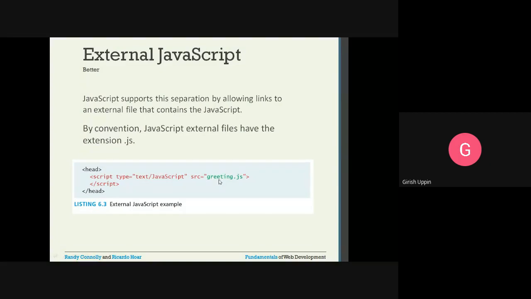So you already know the absolute path and the relative path. According to that, you should give the path wherever you are keeping your JavaScript file, so that the HTML should be able to find this JavaScript. Then this is the opening tag, and this is the closing tag inside the head section of the HTML document.